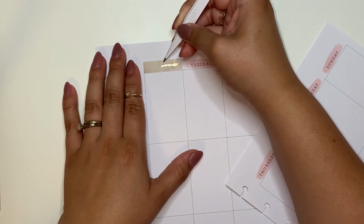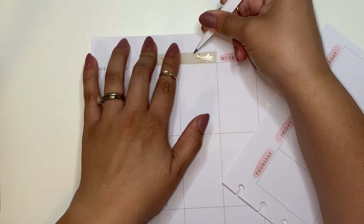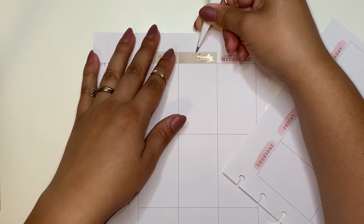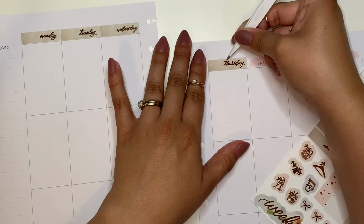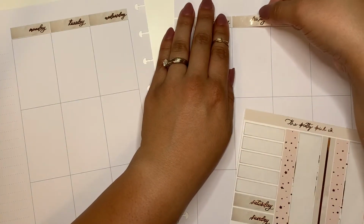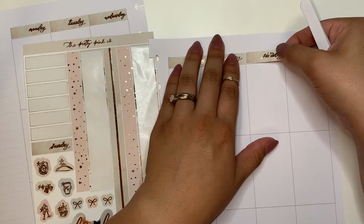And now I am doing my date covers, and I couldn't put any numbers because I only had black, silver, gold. I didn't have any rose gold numbers, and I just didn't want to add any other color to this, especially since this is such a light and, I don't know, neutral spread. I just didn't want to ruin it with any other color or foiled. So hopefully I will order some very dainty small numbers for this spread, and I will just put them on. And yeah, so I'm just going to put down all of my date covers,